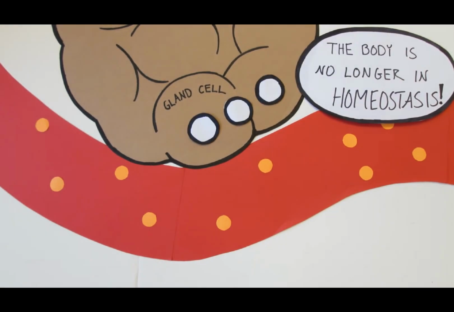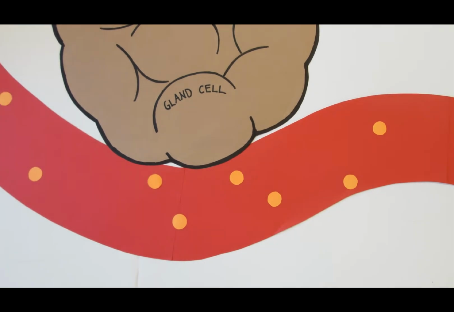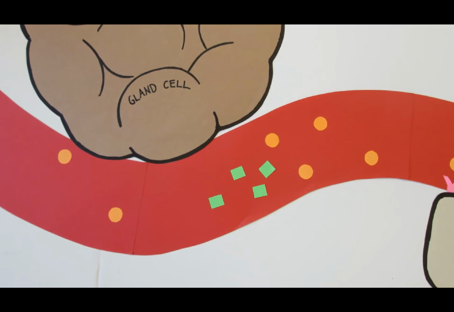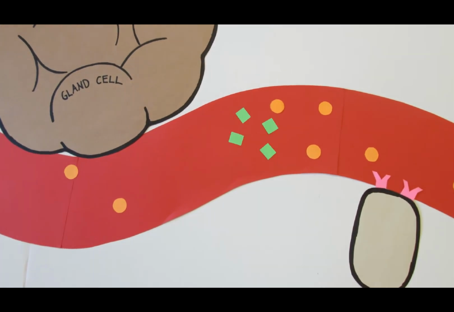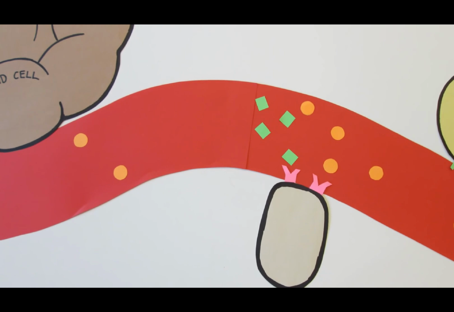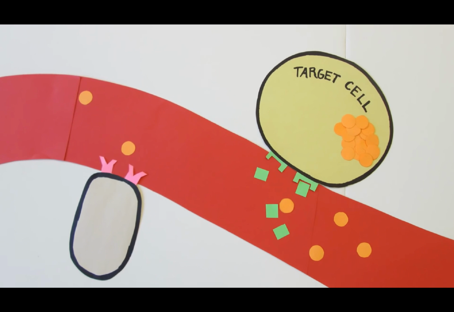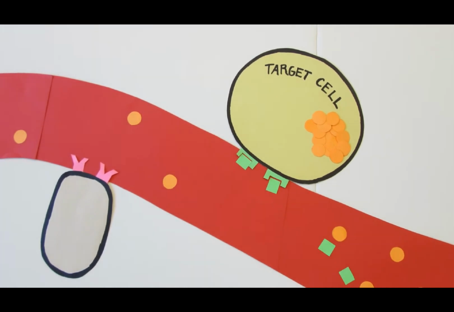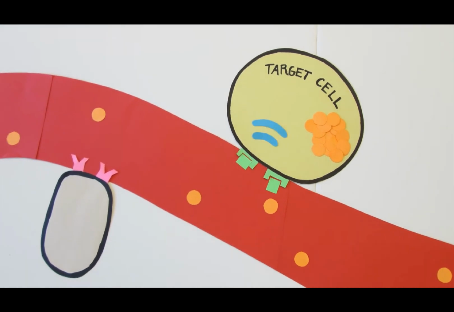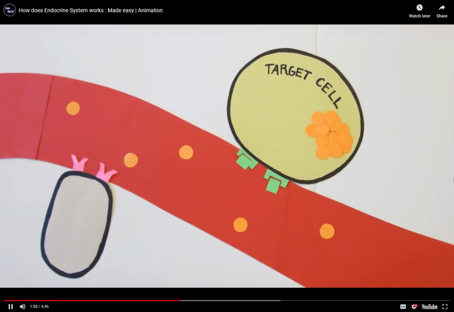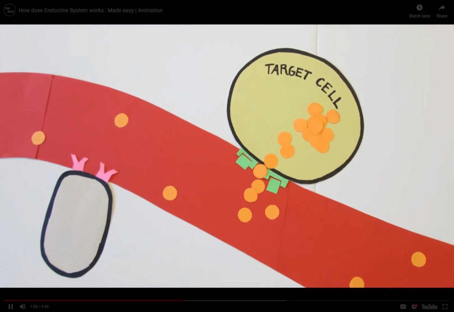First, a gland detects a change in the body's internal environment. This gland then increases the secretion of hormones, which enter the bloodstream. Hormones travel through the blood and can have potential effects throughout the body. However, hormones will not act on every cell. Hormones activate target cells by binding to specific receptors on the inside or outside of the target cells. When a hormone binds to a receptor, the receptor sends a signal throughout the cell. Just like a megaphone amplifies the volume of a person's voice, a hormone's message is amplified inside the cell. This signal goes a long way. Just a few hormones can induce great change.